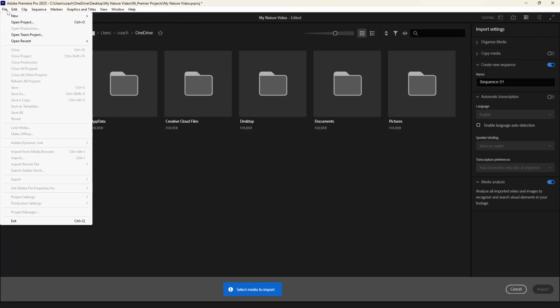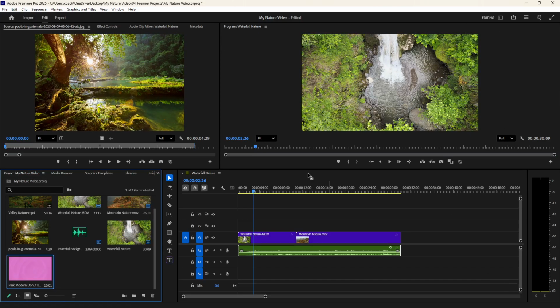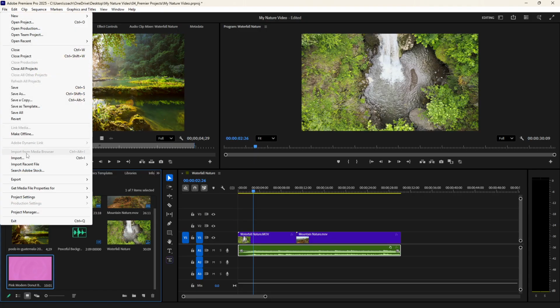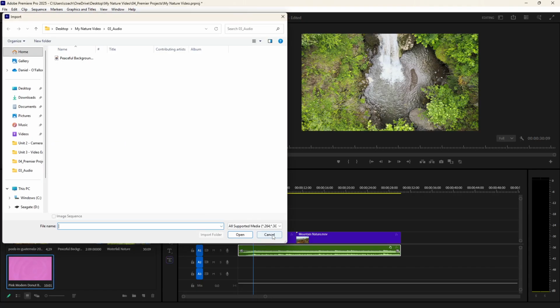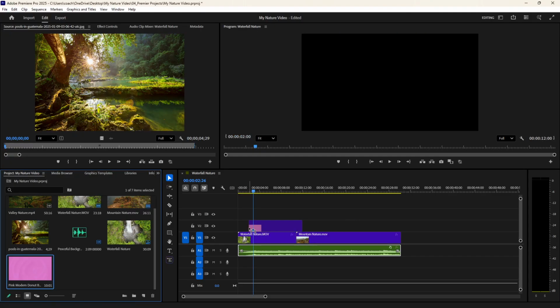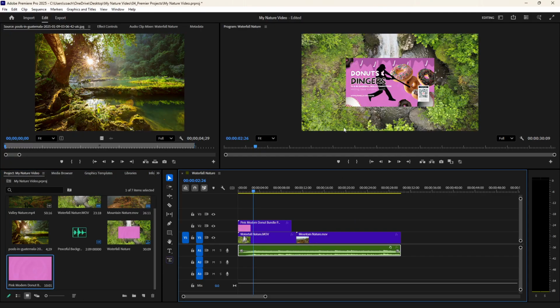I lied. I thought there was an import feature up here. Oh, there is, right here. So I can go up there to File when I'm not on the import. There we go. Import here. I can import there as well. Okay, so if I wanted to add this, I could. So if you'll notice now it's